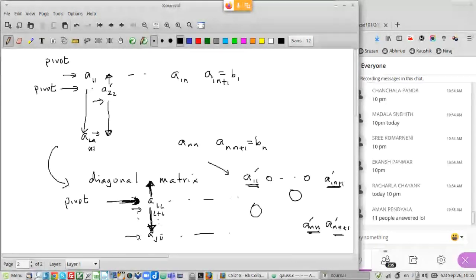The pivot element is always the diagonal element, so what happens is you get a diagonal matrix. Everything else is zero, only the diagonal remains. The net result is simply a diagonal matrix equal to the right hand side. So all you have to do is divide the right hand side by each diagonal element and you have your answer.